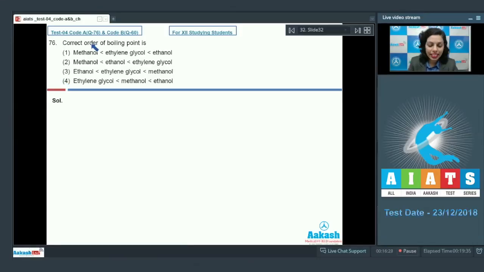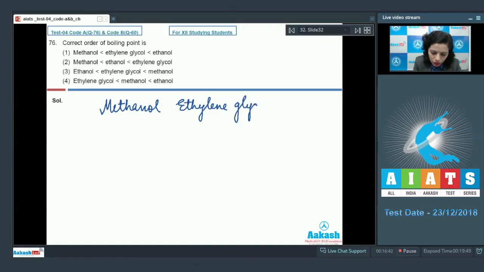Question number 76. Correct order of boiling point is. We have different compounds given here. Let's check what these compounds are. One is methanol. Methanol is here. Then ethylene glycol is here. Then ethanol is here. Three compounds we have, and in these three compounds we have to check what would be the order of boiling